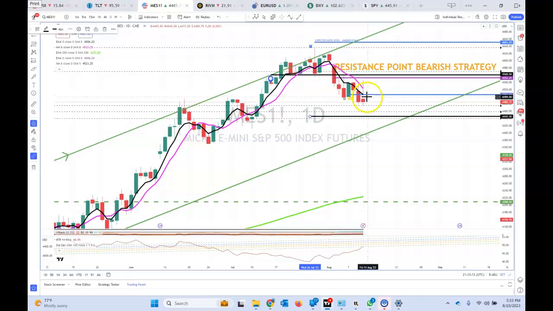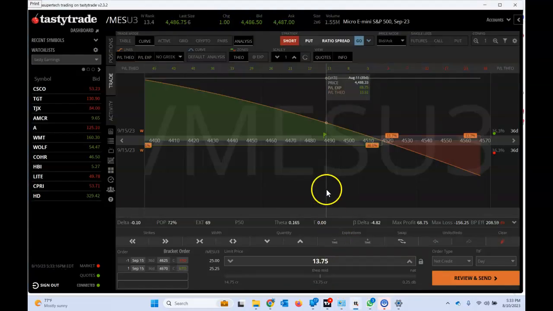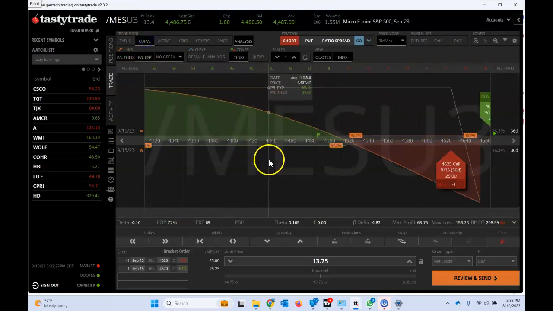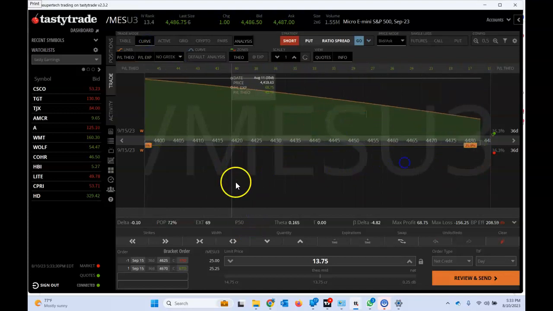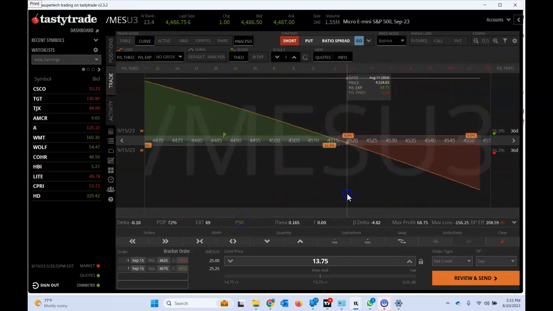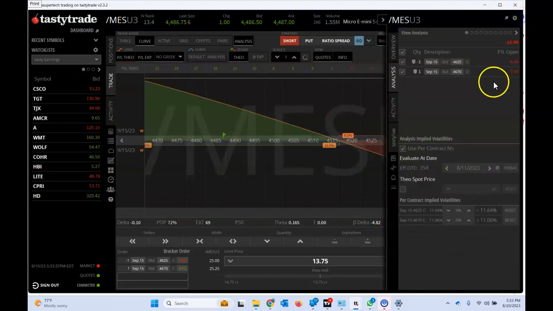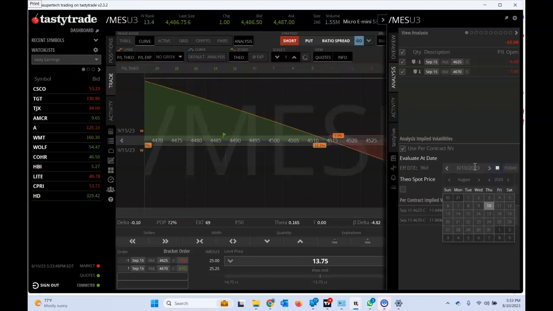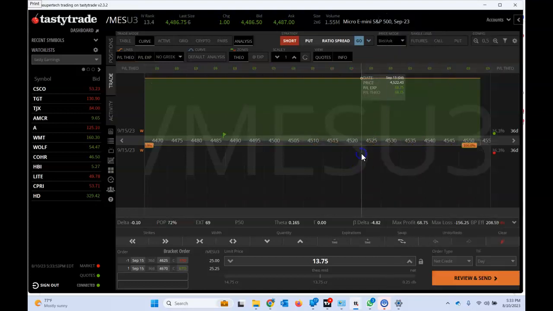So I'm going to put this on. What I'm going to do is go ahead and sell the 46.25 and buy the 46.70. Another thing I'm going to point out is this has a maximum profit at expiration of 68.75. Let's go ahead and send this to expiration, and that's September 15th. All right, and as you can see,